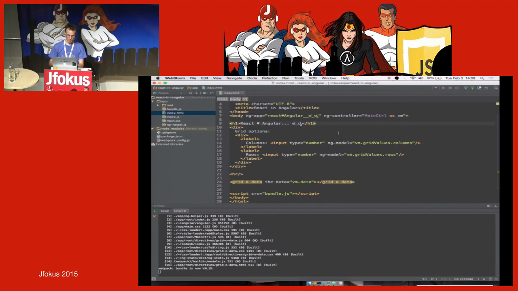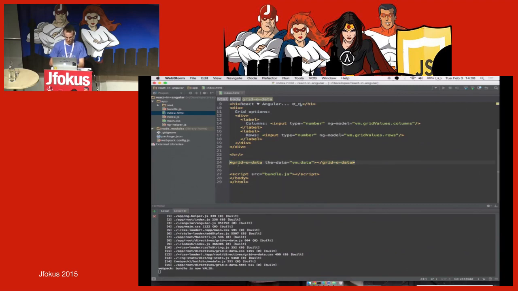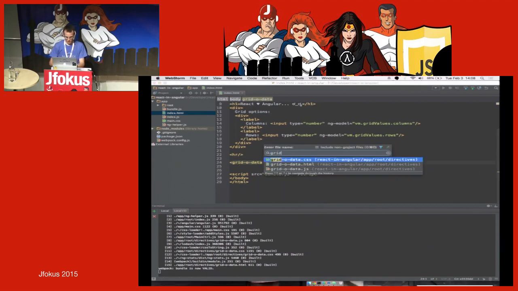So then from here, we have a couple of directives that we're saying, hey, this value of grid values dot columns is bound to this input, and then the same for the rows input. And then we're using a directive here, the grid.odata, and yeah. So if we go to our grid.odata,